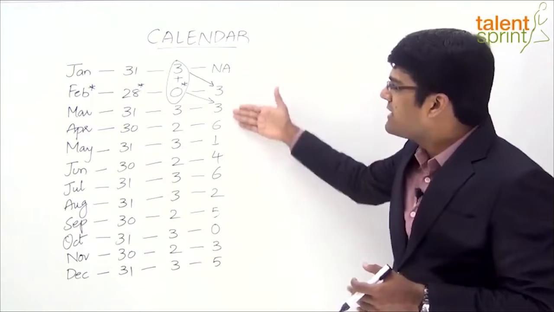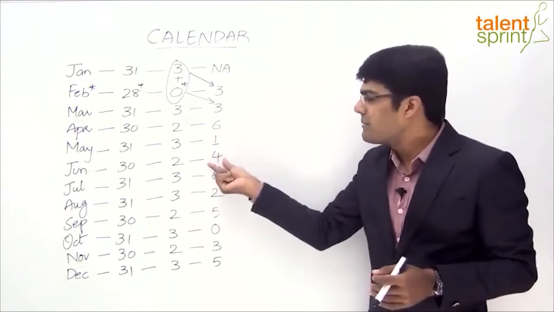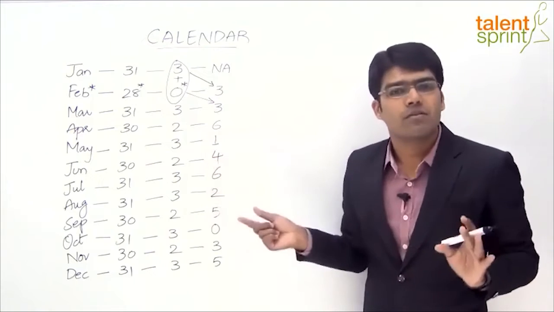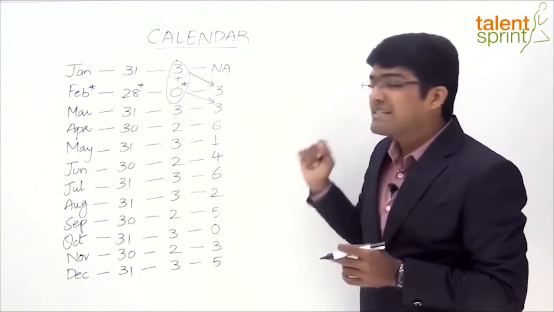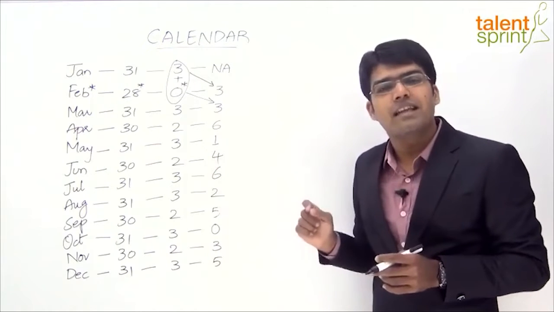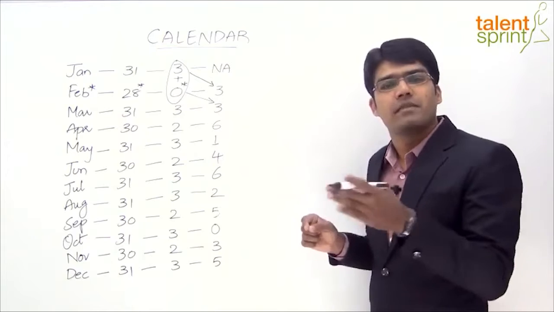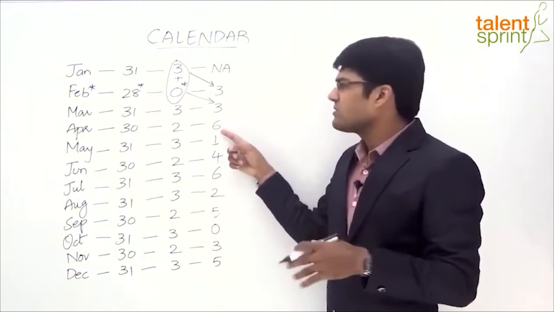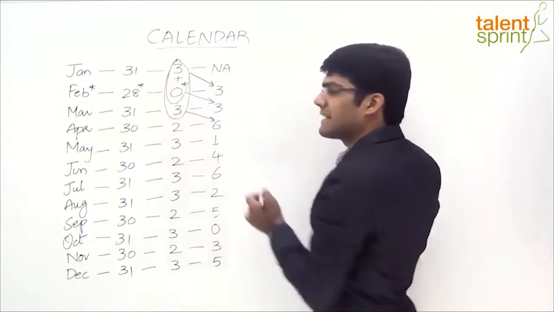So basically the number here represents the code for the month. Based on that month, if you can remember the value, that will give us the number of odd days for all the previous months. Let us now look at the next month, April. For April we have got 6 here. So if you have to calculate the day of the week for any date in April, for all the previous months, that is Jan, Feb and March, the total number of odd days is 6. That's nothing but 3 plus 0 plus 3. The total calculation here is 6.